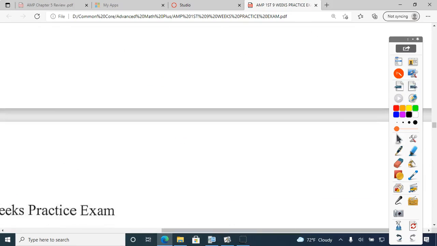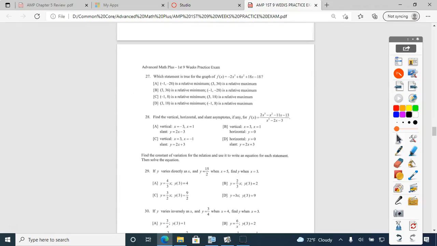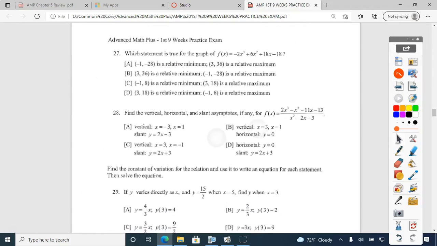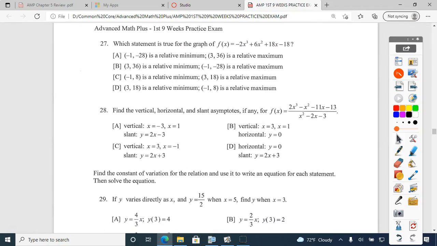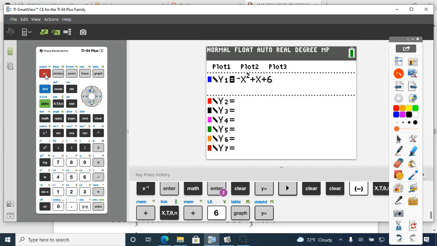27. Which statement is true for this graph? You just have to graph it and find the relative maximum and relative minimum. So you're going to go to your calculator and you're going to get y equals, and you're going to graph this big long equation. Negative 2x to the third,